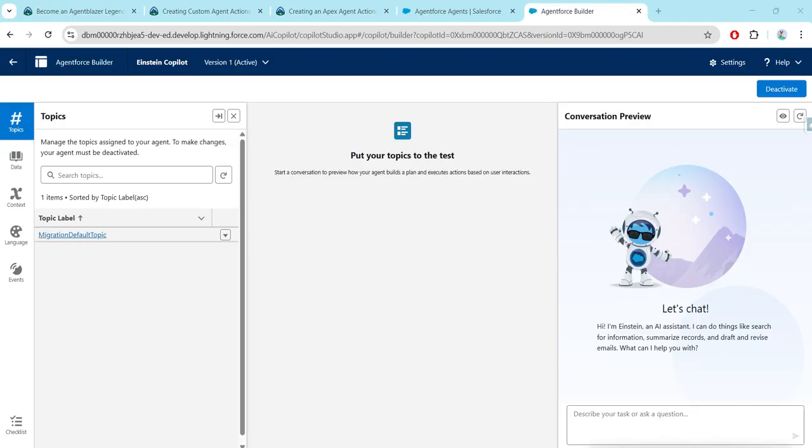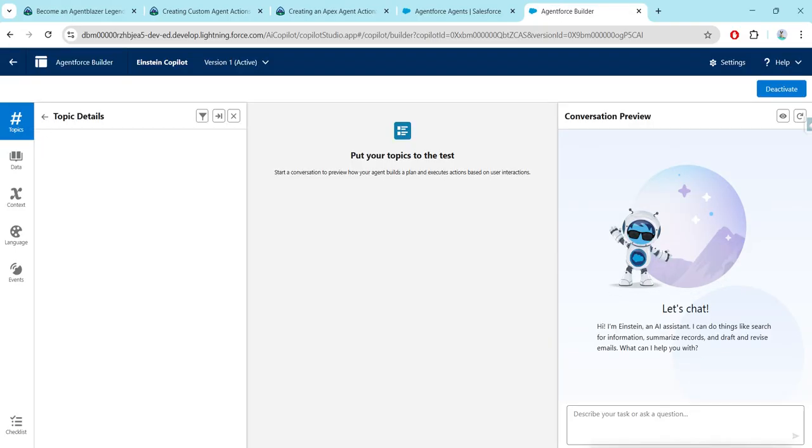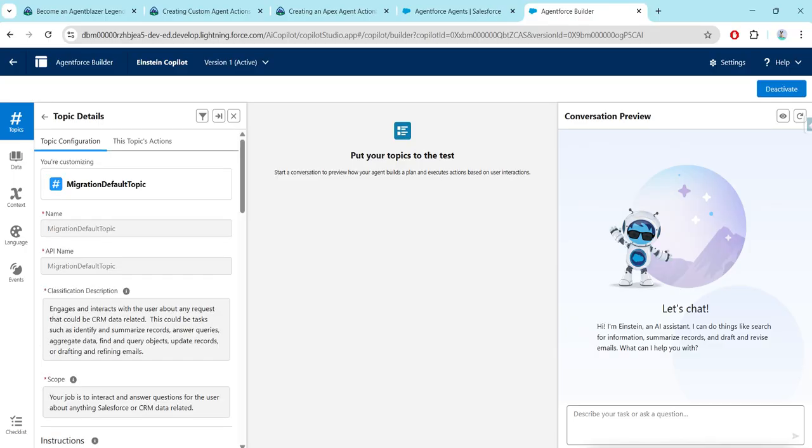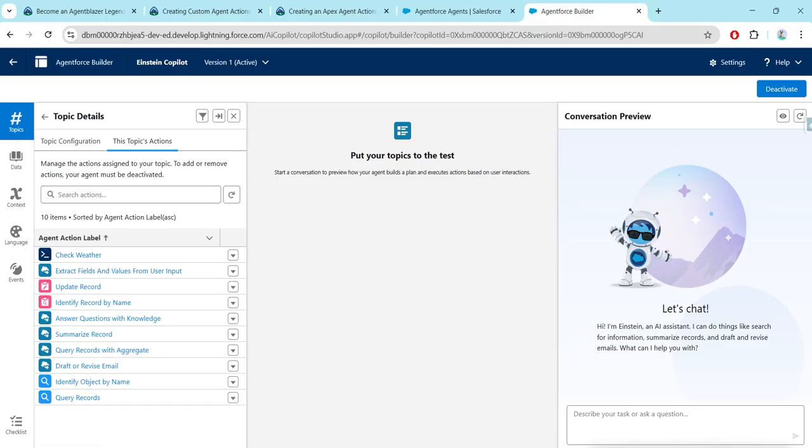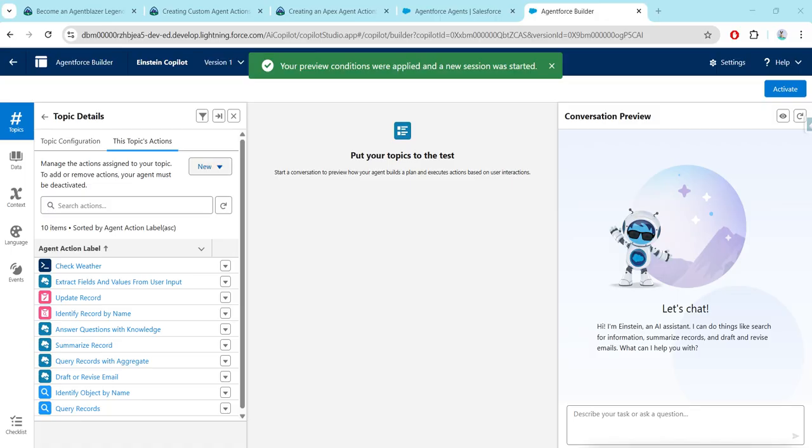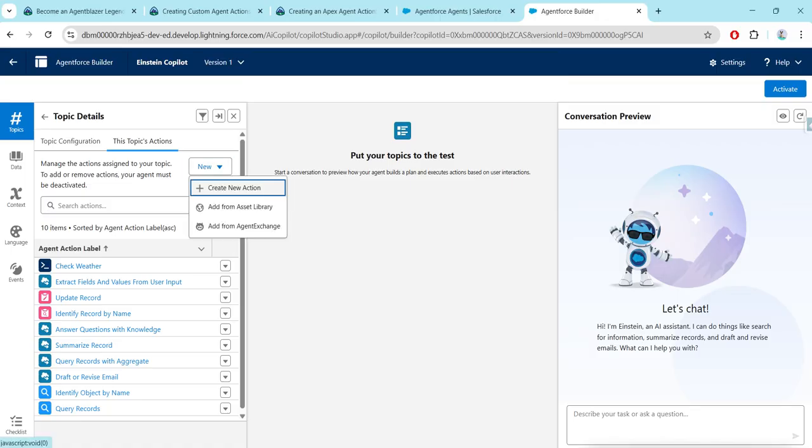So here select the topic called migration default topic, and then go to this topic section. So here you will find check weather. So this one we have to add. At this moment we will not get it. So what we have to do is, you will get the option called new. So here we are going to choose add from asset library,